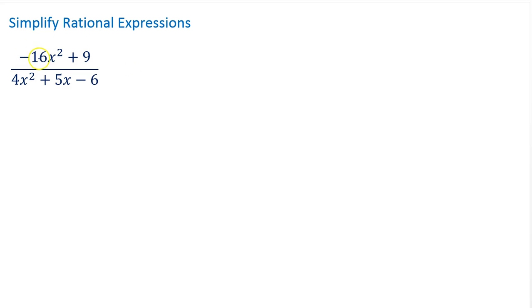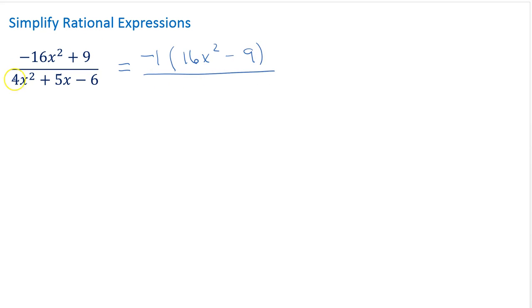You could also switch this around. You could write it as 9 minus 16x squared. But I think for this problem, the best thing to do is factor out a negative. So it's like there's a negative 1 coming out front. And that's going to change that negative 16x squared to positive 16x squared, and that plus 9 to minus 9